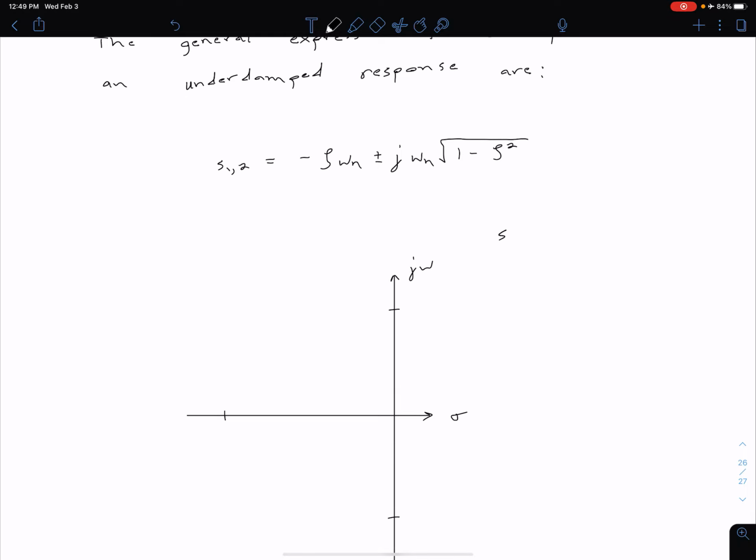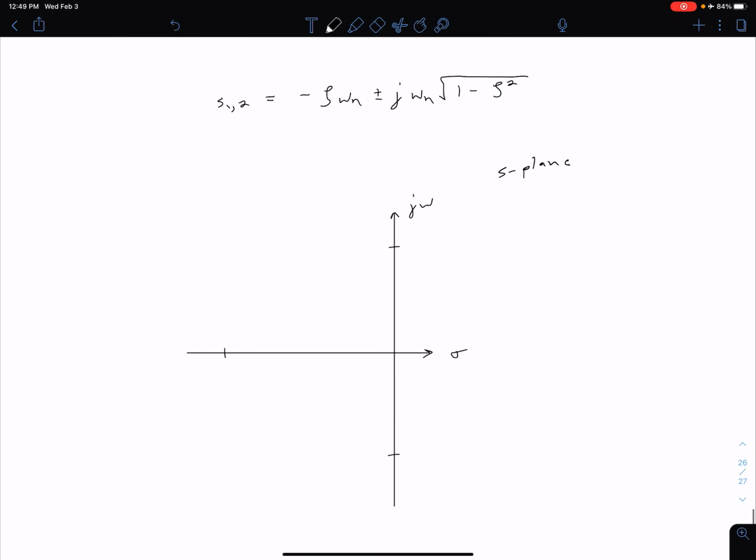So we can look at this in our S-plane to get a better idea of what our poles actually look like. We have a negative zeta omega n real part. So this distance here is negative zeta omega n. And then we have plus or minus j omega n times the square root of 1 minus zeta squared. So that would be our plus term, and then we have a minus term, j omega n square root of 1 minus zeta squared. And so what we can do is sort of draw out here